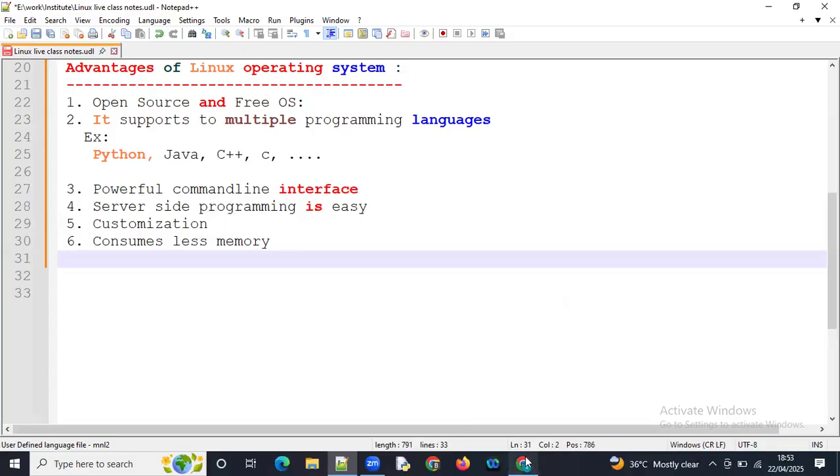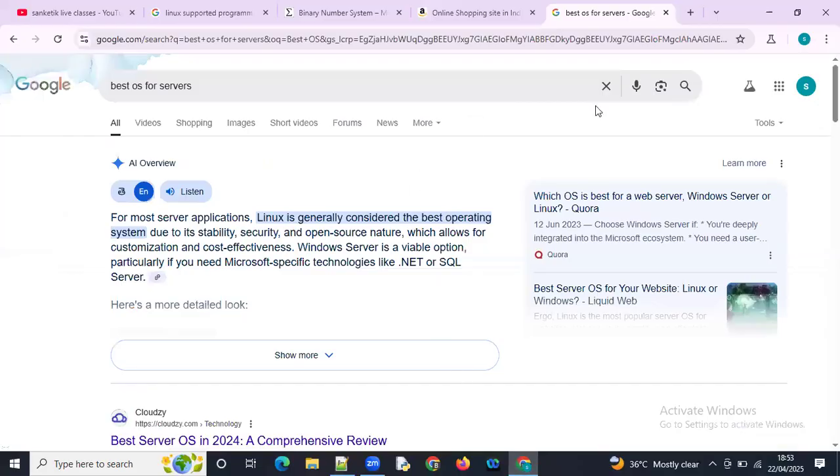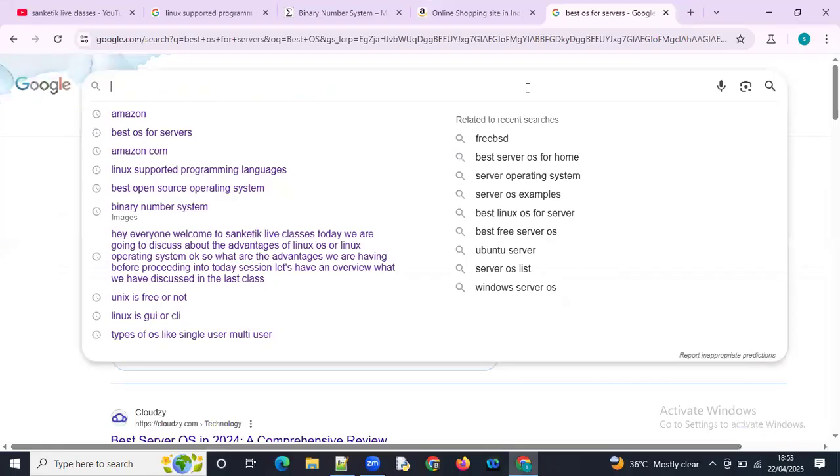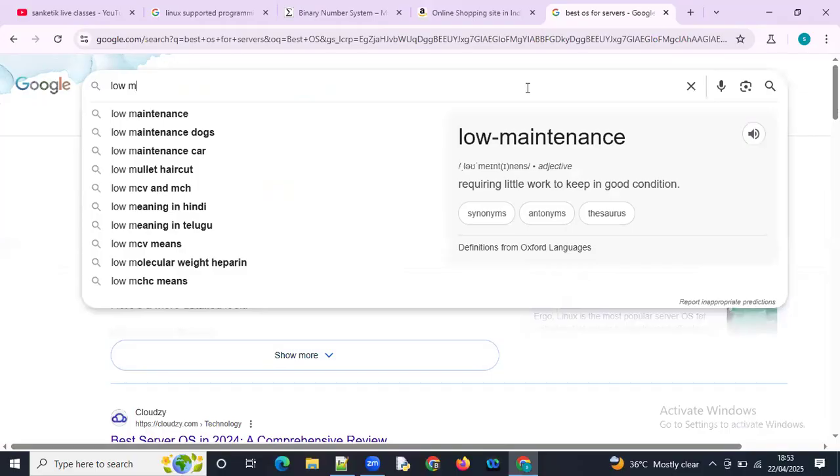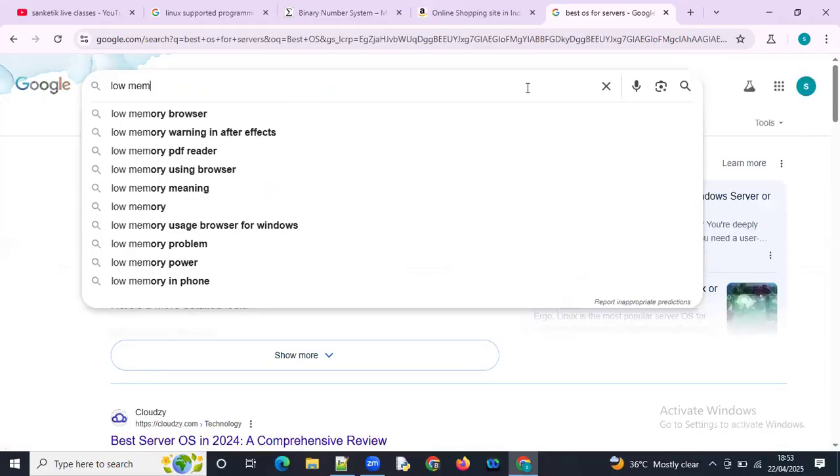So here I'm going to show you some of the flavors in Linux which require very less memory. See here, low memory.